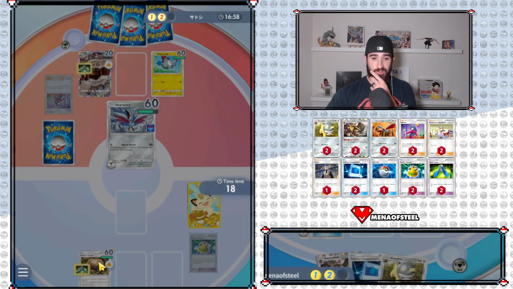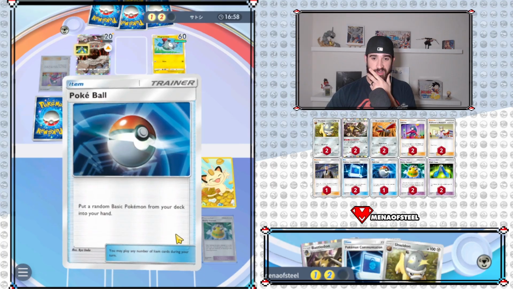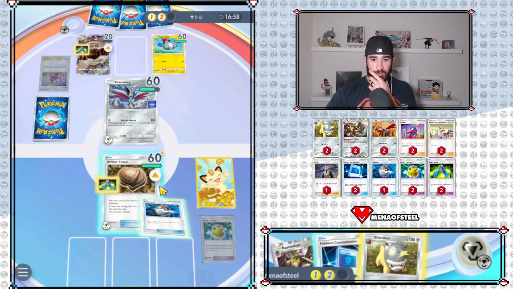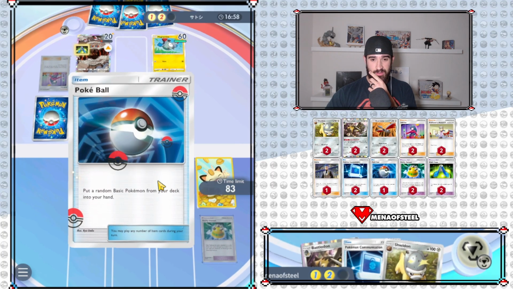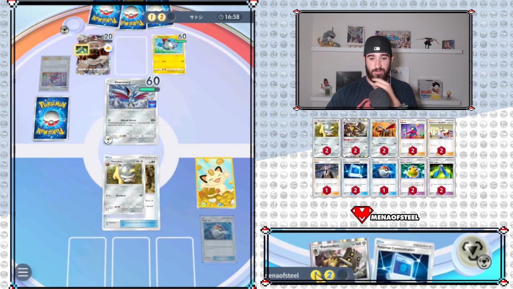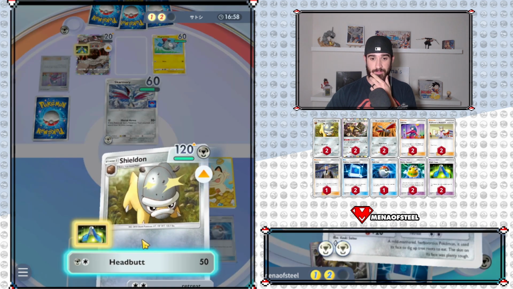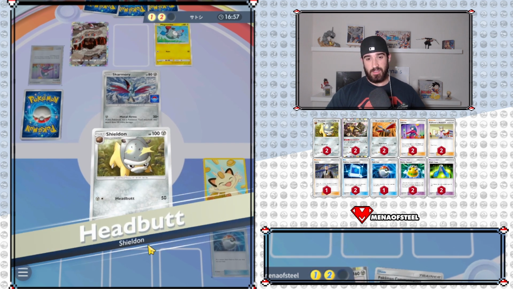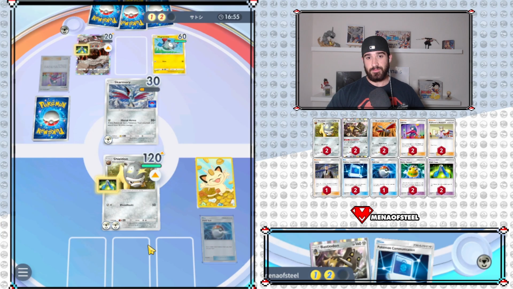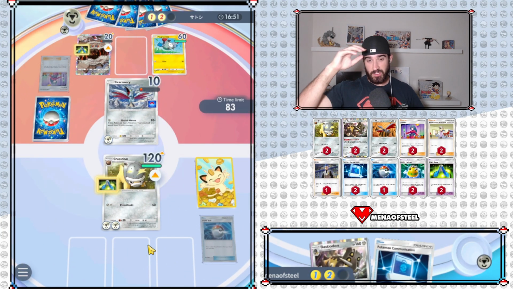This game's gonna go down to the wire. Unless we see... Actually, no. We already used our Cyrus, right? And this Pokeball has no targets. Luckily, we already have the entire fossil line in hand. Yeah, okay. I'm pretty sure we just win. Regardless of what goes on. Like, the only way he would win...